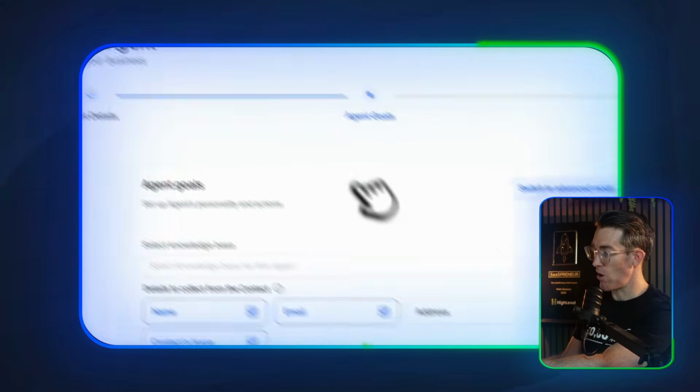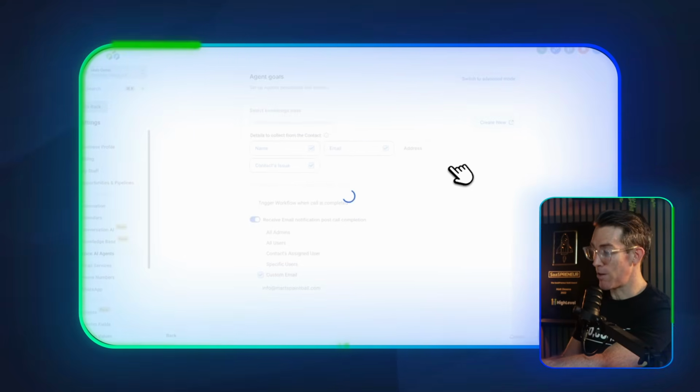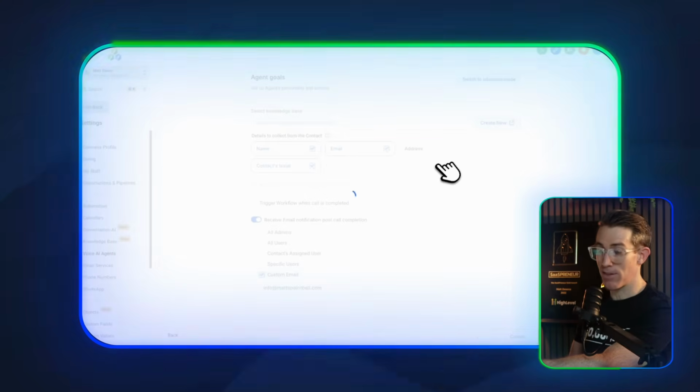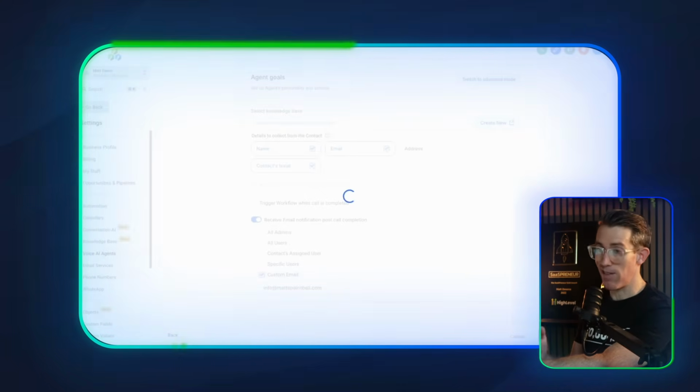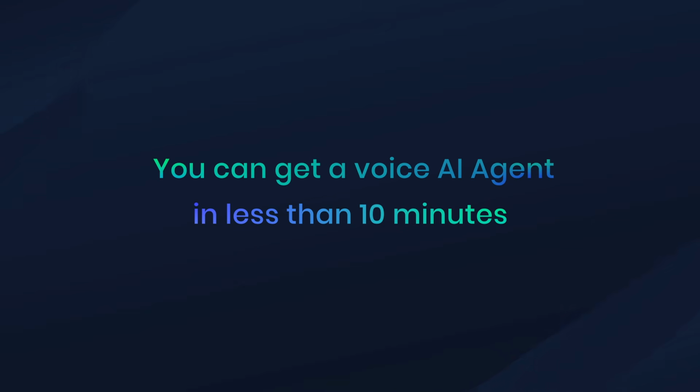It sends an email after the call. It's basically like advanced voicemail. And then the last piece on basic mode is actually just choosing a number and assigning it to that agent, and it goes live. So you can see in a matter of minutes, or less than 10 minutes, you can get a voice AI agent live into the account, handling those calls and taking a huge lift off of